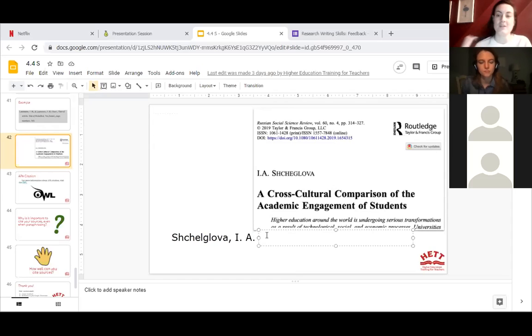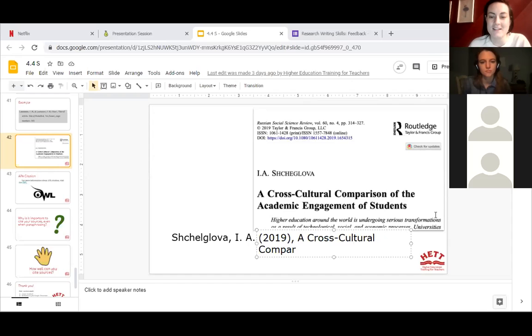So we don't need to include both names, just one. And then we have the date or the year, which is 2019, comma, title of the article, A cross-cultural comparison of the academic engagement of students.